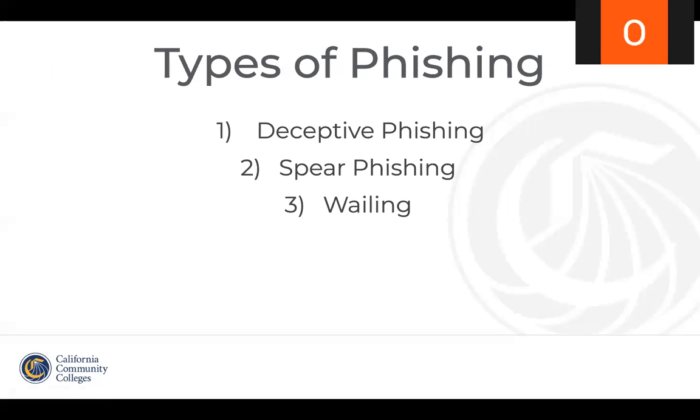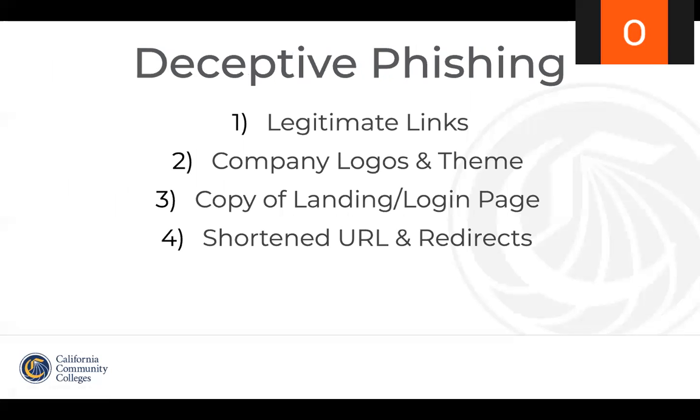So there are 3 types of phishing tactics we'll discuss here. The first one is deceptive phishing, the second is spear phishing, and the third is whaling. So the first is deceptive phishing, which is the most common type of phishing scam. Here the attacker will impersonate a legitimate company in an attempt to steal an individual's personal information or login credentials. So the email itself looks like it originated from a valid source, and it often implies a sense of urgent action needed.